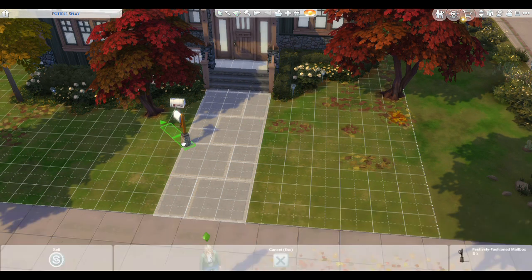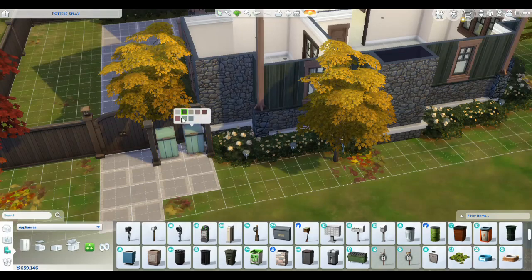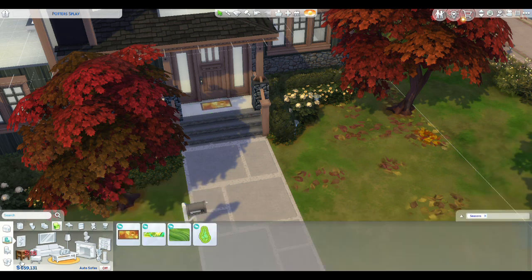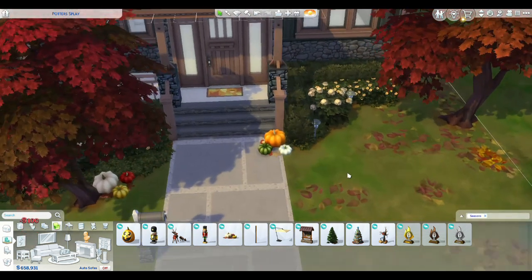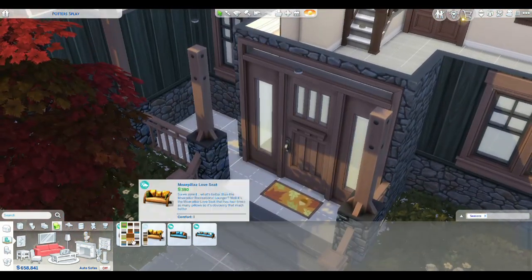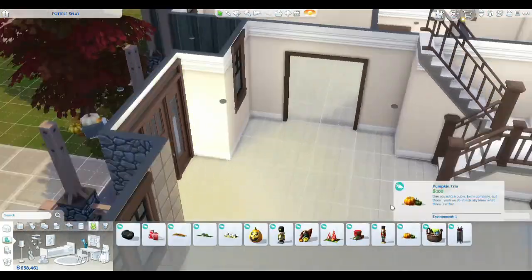for this week's video. So this is a 3-bedroom, 3-bathroom home built in the world of Willow Creek and is not a pack restricted build, although I was selective with my packs, but it's kind of random with the packs. So one of the packs I did use is Seasons, and that is so I can get these beautiful red trees and this cute little entry rug for the outside, also the chairs from Seasons,